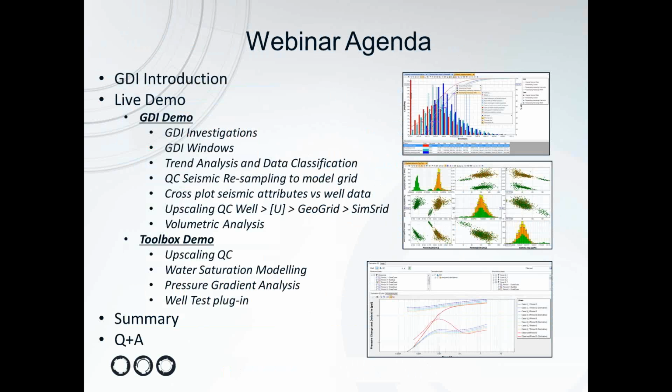So the agenda for today: I'm going to work through a quick introduction to Geodata Investigator, which I'll refer to for the main part as GDI. So an introduction to the plugin in PowerPoint, then spend the majority of the session in a live demo. Starting off in GDI, working through the investigations and the windows, working some trend analysis and data classification on our well data, then running a few